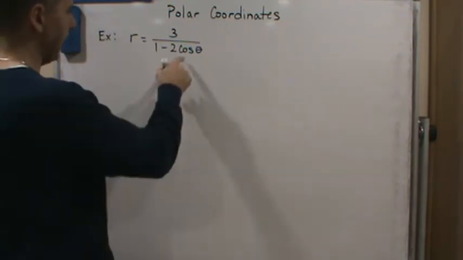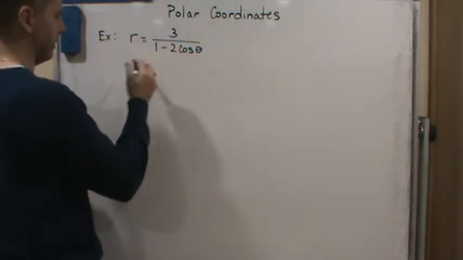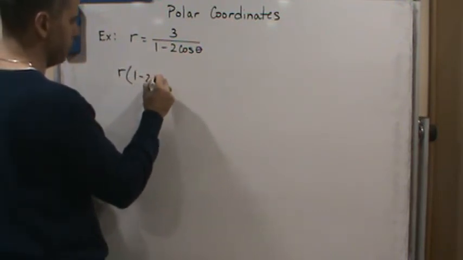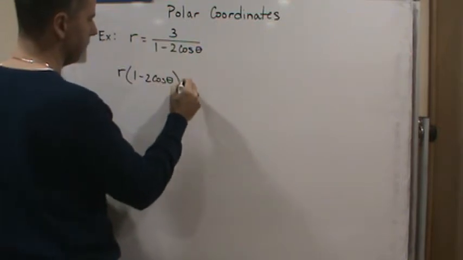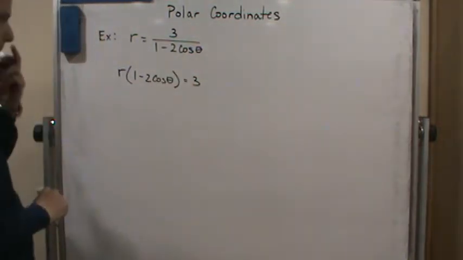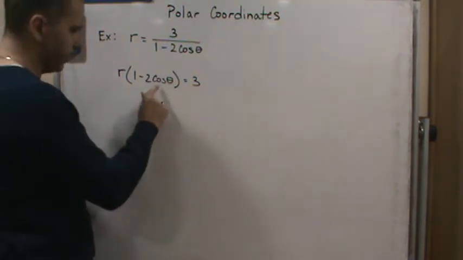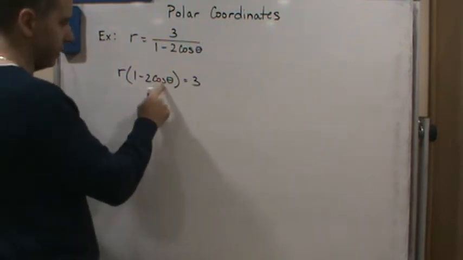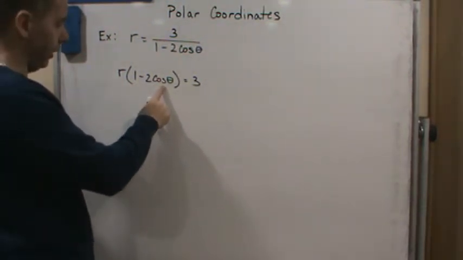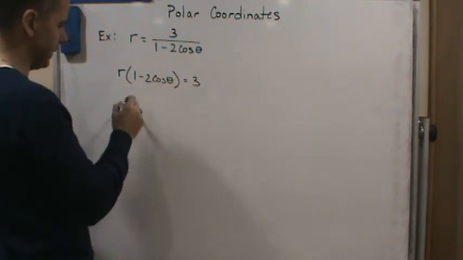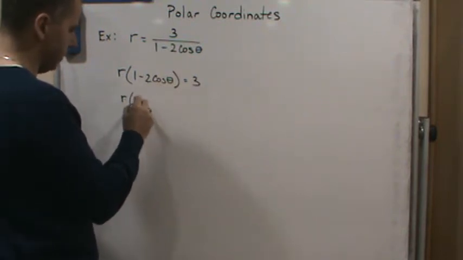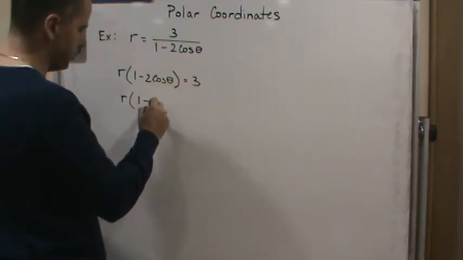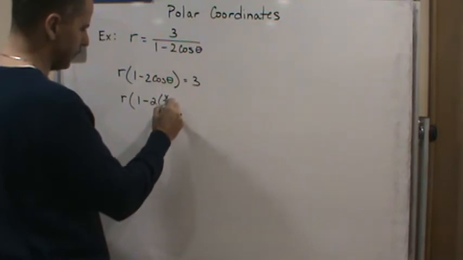So let's multiply both sides by this, and we're going to get r times (1 minus 2 cosine theta) equals 3. Now, what we want to do is look at cosine, and we know the definition of cosine is x over r. So let's replace this with x. So this is going to be r times (1 minus 2 times x over r)